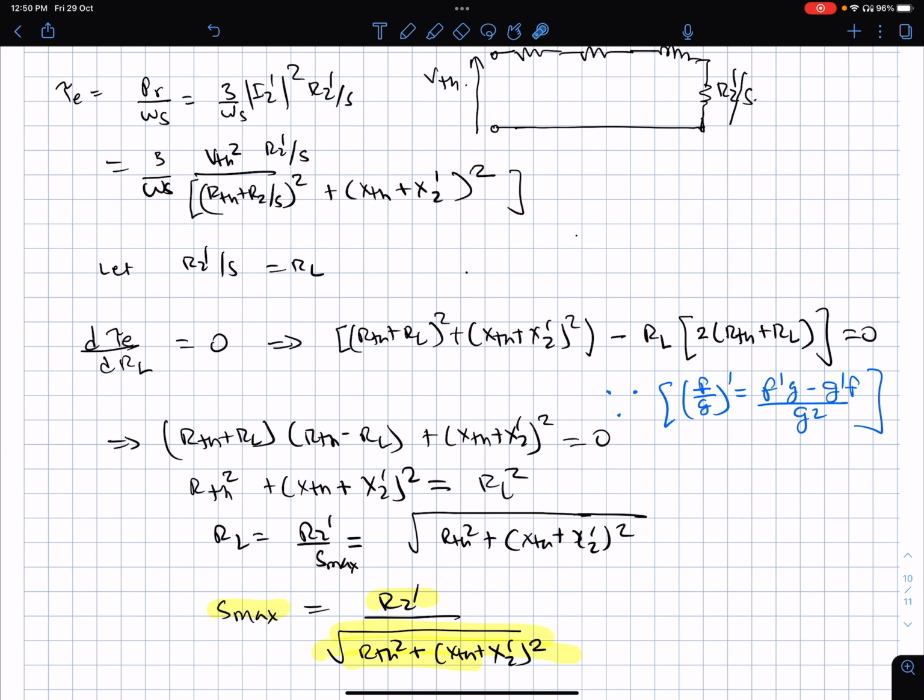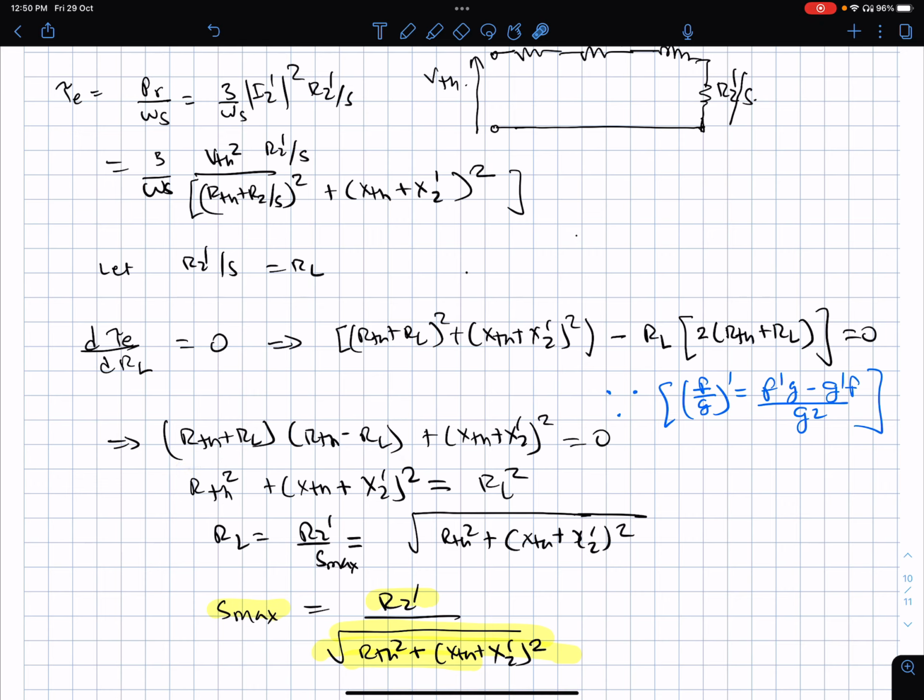But then you can easily check here, R Thevenin plus RL can be taken common here. Then the remaining term will be R Thevenin plus RL minus 2 times RL, which is R Thevenin minus RL. So therefore this term becomes R Thevenin plus RL into R Thevenin minus RL plus X Thevenin plus X2 dash whole square,